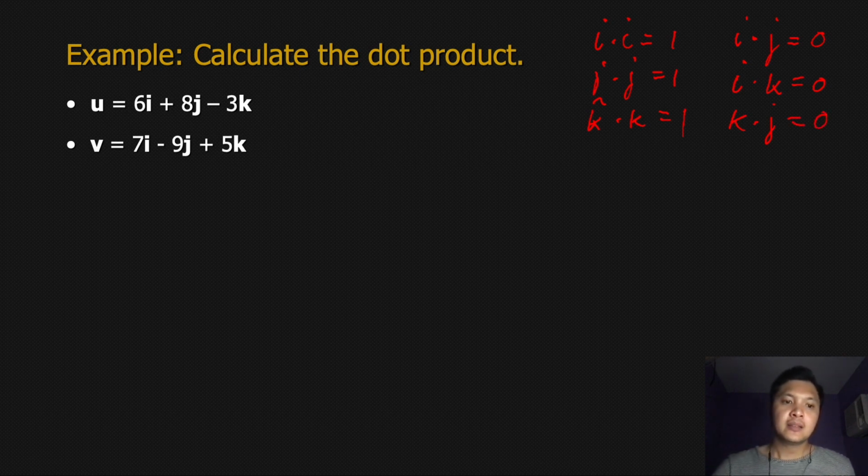Why? Since we have the formula a dot b is equal to ab cosine theta. Now if theta is 90, cosine 90 is equal to 0, while cosine 0